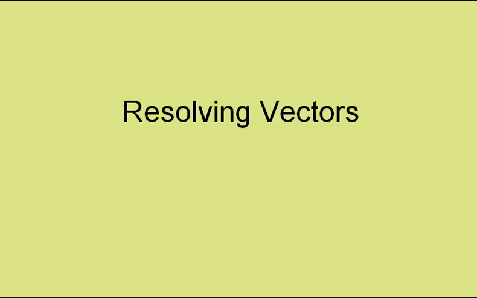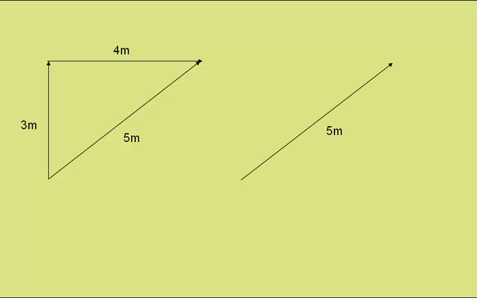Resolving vectors. If we have a 3 meter displacement vector in this direction, followed by a 4 meter displacement vector in this direction, we can find the resultant using Pythagoras as a 5 meter displacement vector in this direction. We could find the angles involved using sine, cosine and tangent. Often we want to do the reverse process of finding the vectors in two perpendicular directions of this, say, 5